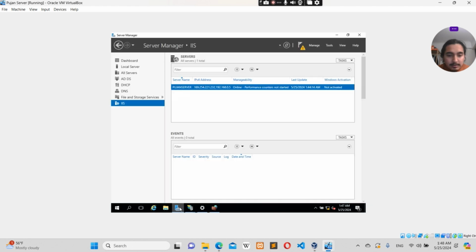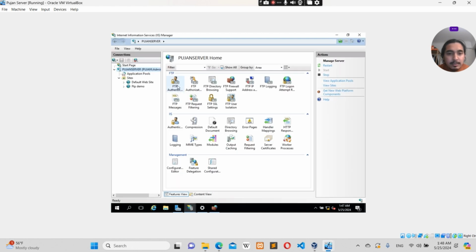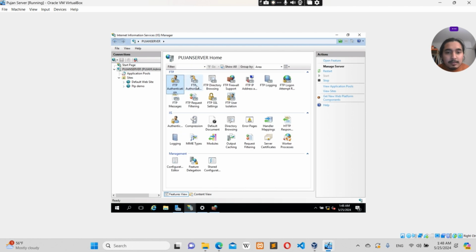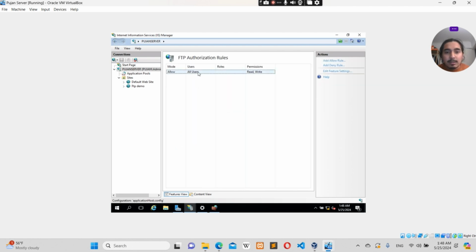And then we go to the server IIS, and under authentication we enable Basic Authentication, and for authorization we give all users the permission: read and write,